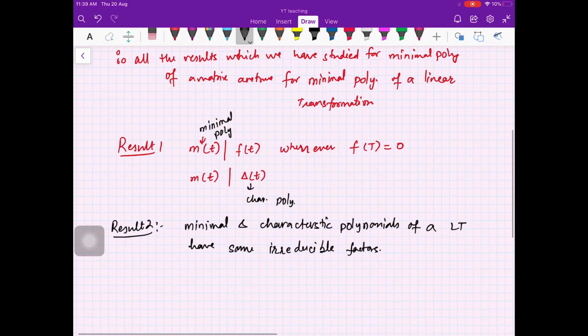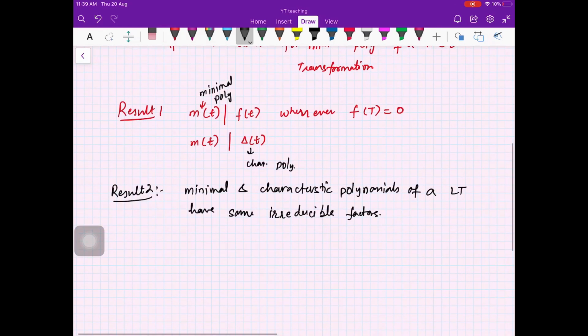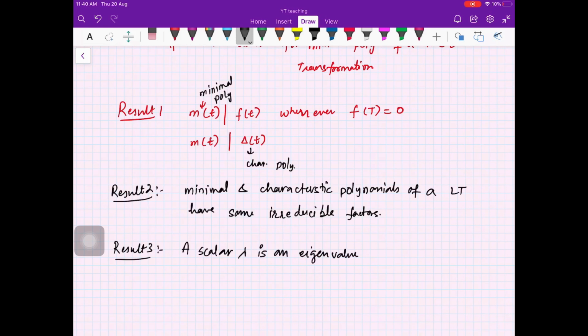And the last result was that a scalar lambda is an eigenvalue of a linear operator T if and only if lambda is a root of the minimal polynomial. This result we had proved for matrices, so now it is true for transformations also. So a scalar lambda is an eigenvalue of a linear operator T if and only if lambda is a root of the minimal polynomial